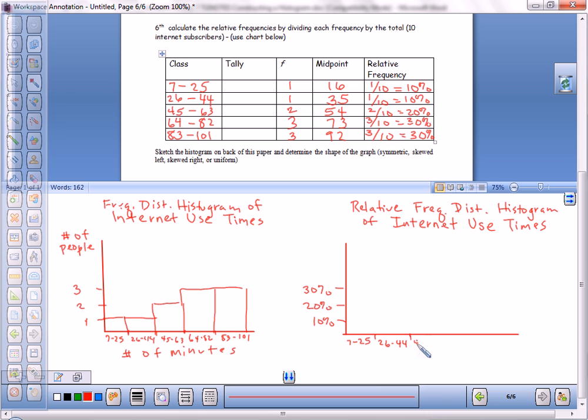Alright, so it looks the same, except we label our axis differently. The intervals even look the same. But this is still number of minutes. But this is now percent of the population, the relative frequency. Relative frequency, which is the percent of the population, whatever I'm looking at. Whether it's a sample population,